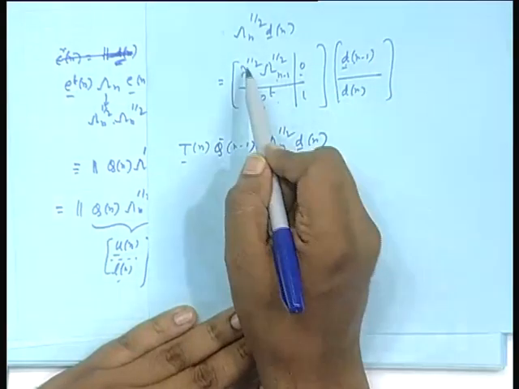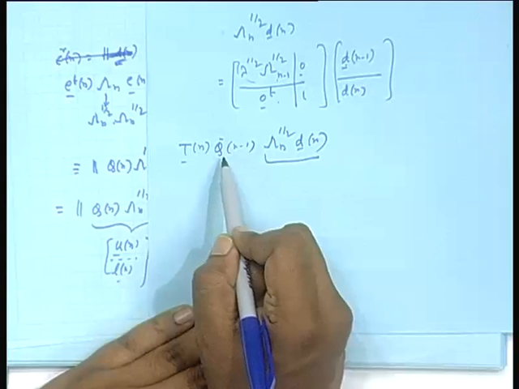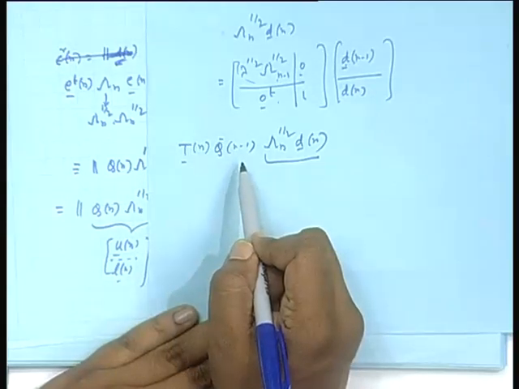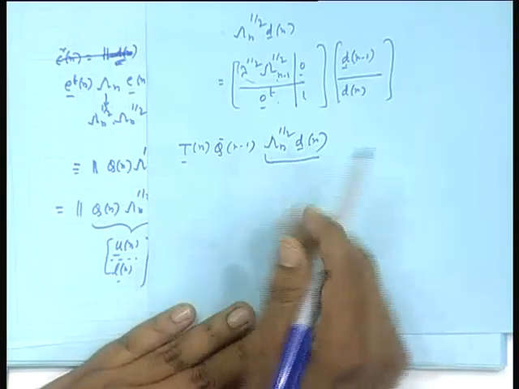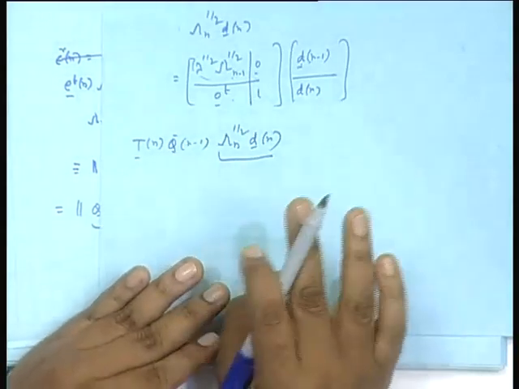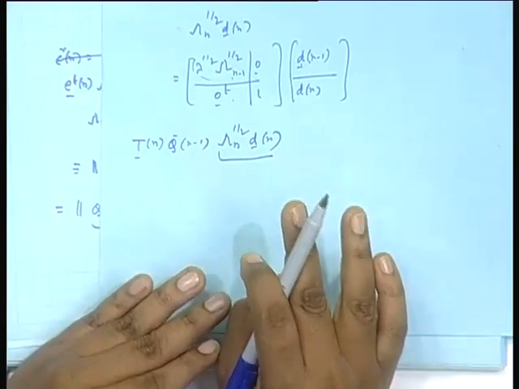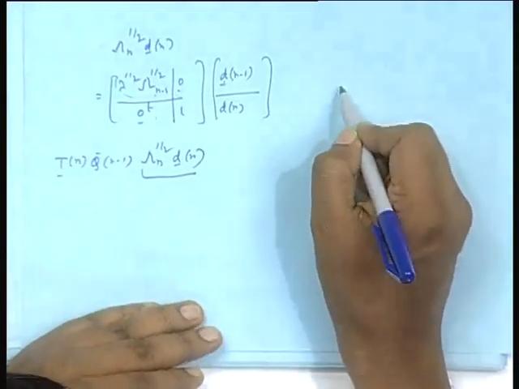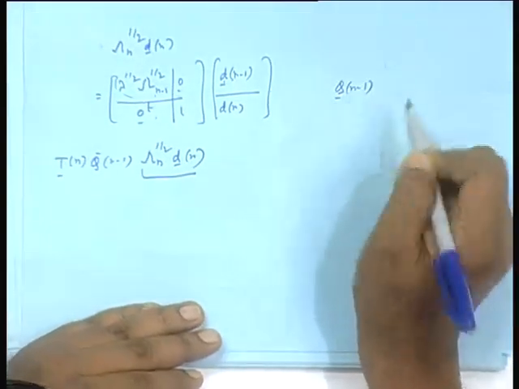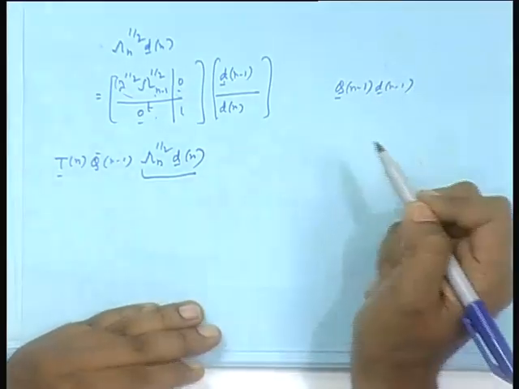So, the resulting is a vector where this into this comes on top, that will be multiplied by first q n minus 1, okay. That component we already obtained earlier, that is if you know q n minus 1 d n minus 1, okay, you can call it,